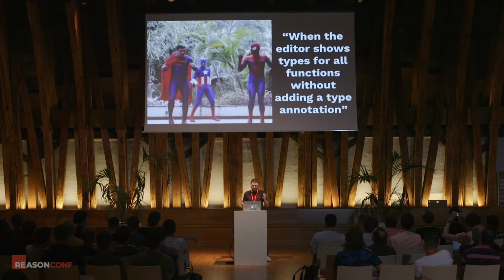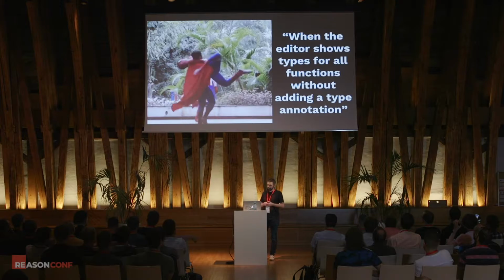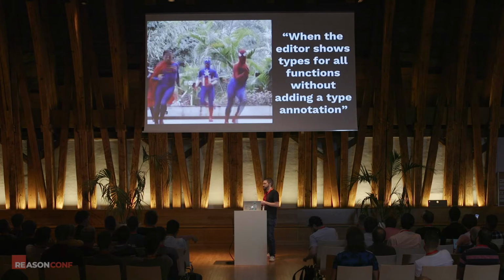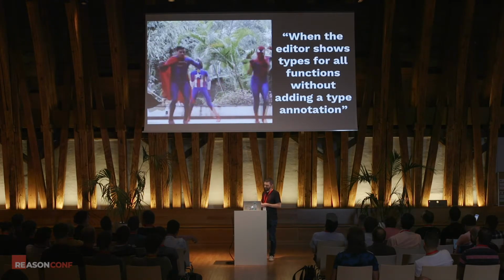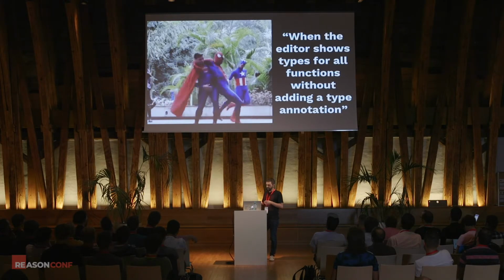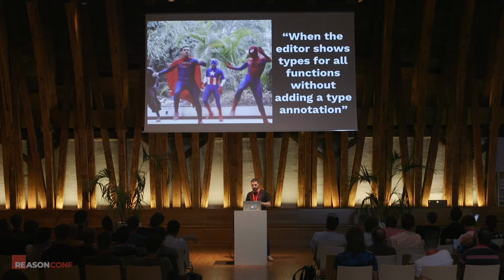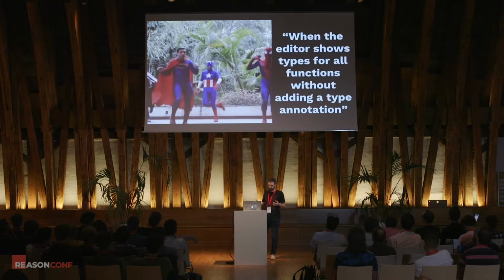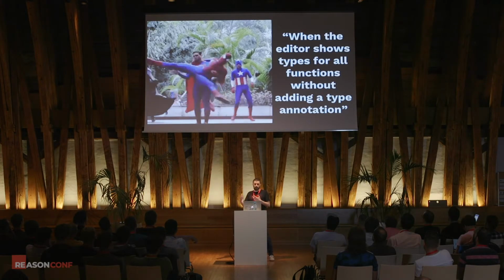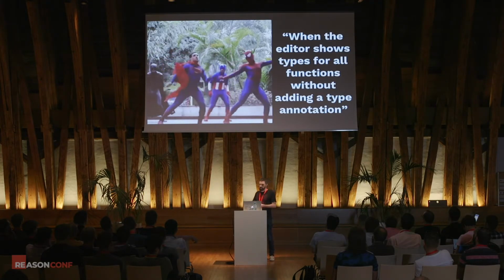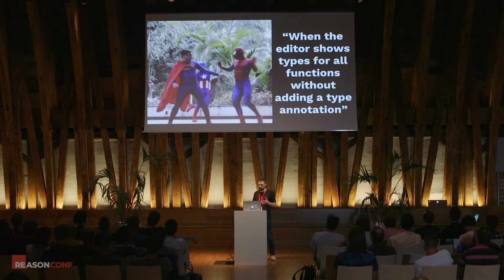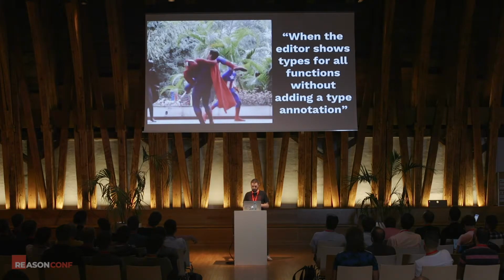This for me was a crucial moment in my exploration through Reason, because I really disliked adding type annotations. It's redundant. You have to add the same information over and over. And I also dislike compiling code in my head. I want to think about whether I am using the right data models, or maybe I can provide some feedback to the designer to improve the UI, or other meaningful creative activities that we can do. And I don't want to compile if that can be done by the machine. So